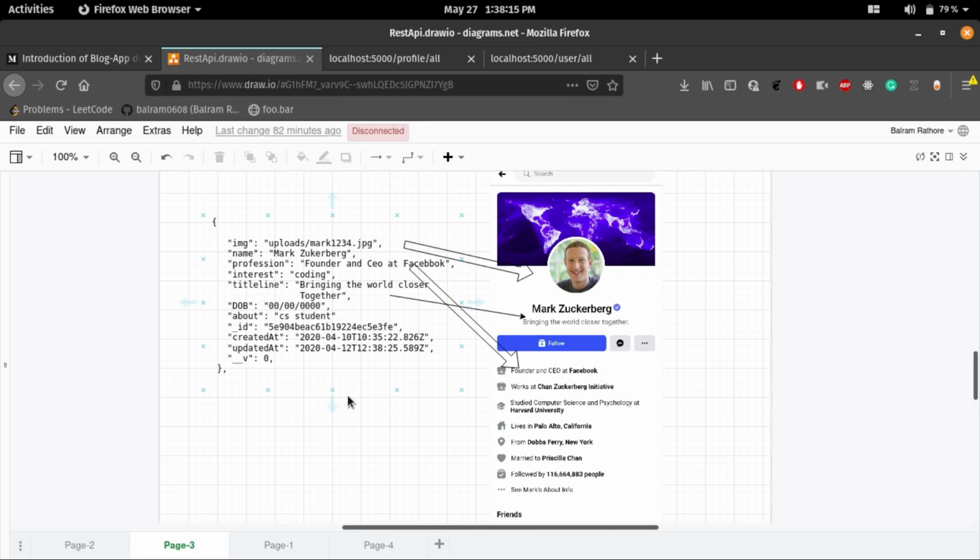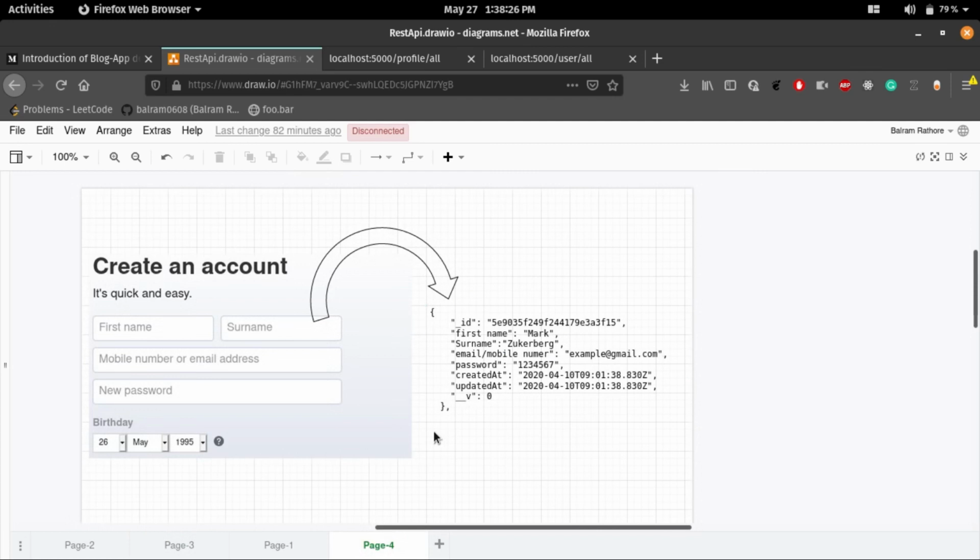But what about when you fill in a form to sign up, when you create a new Facebook account? What happens? When you create a Facebook account, all the fields are mapped to the respective JSON data, converted into JSON format, and sent to the server as an HTTP request, and that request is a POST request.